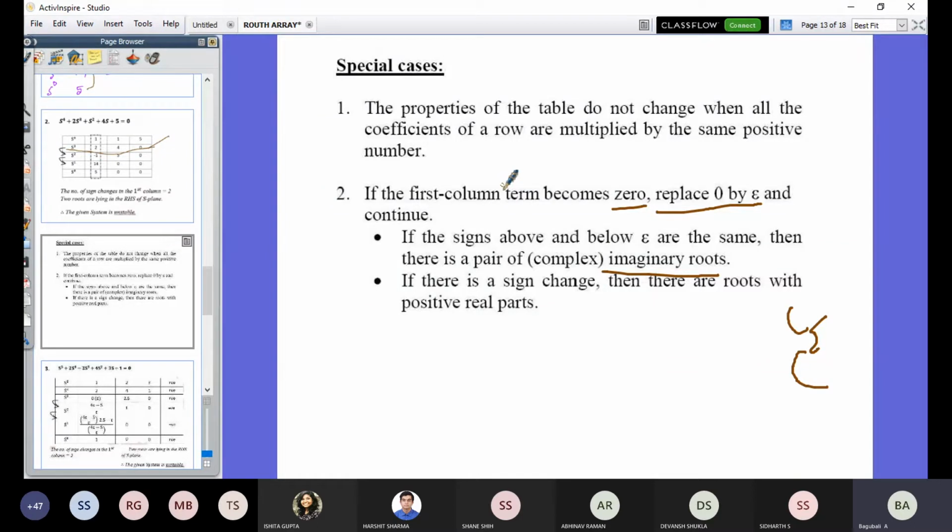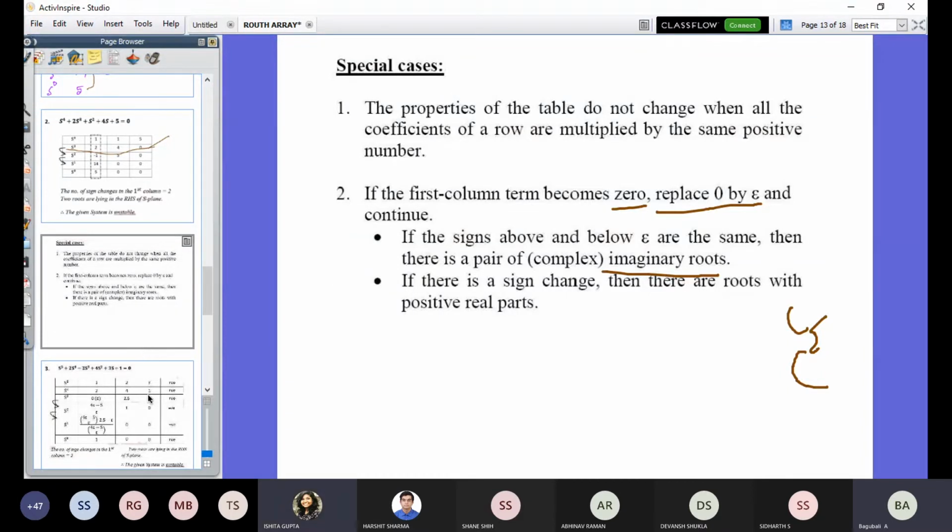If not, tell me, I am ready to repeat. Please acknowledge first. No doubt, sir. In the first column, there could be a case where multiple elements are 0. That I will tell you later, dear. First, we will discuss the second case. We will have one more case, and your doubt will be clarified later. Any doubt up to that point?